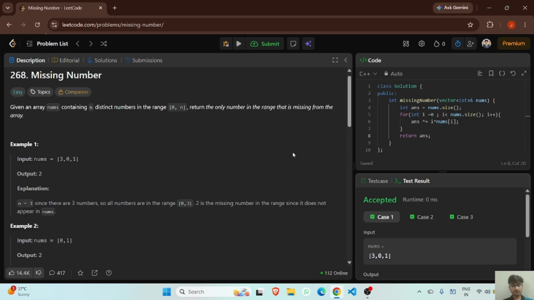While the input is 3, 0 and 1, initially the answer will be 3, but while checking 3 XOR 0, or 3 XOR 3, we are getting only 2 as the answer. So the time complexity and space complexity, I will define like this: